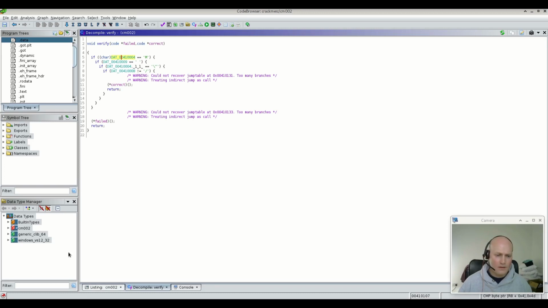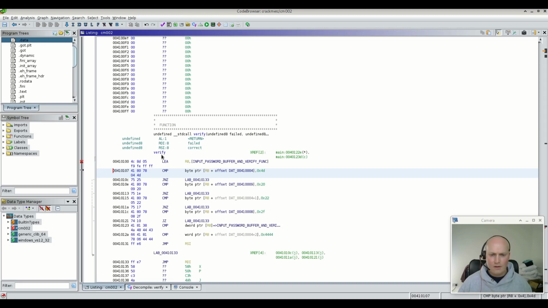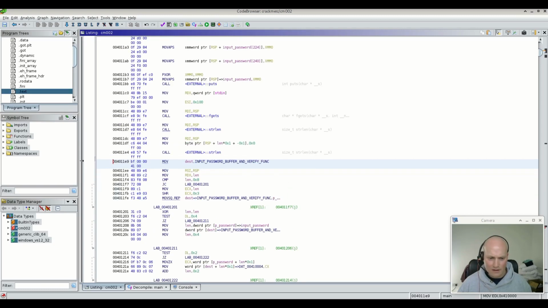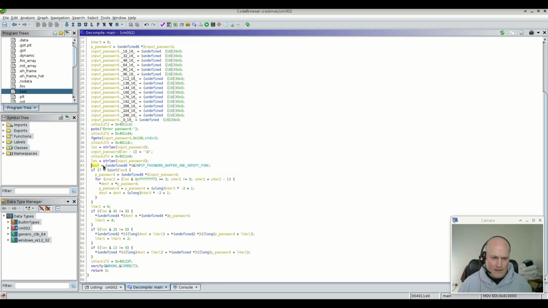If we look at the listing, the assembly code here, we can see that it's storing the address. Remember that the input password gets copied to here, which is also the memory that was decrypted, but it gets used for storing the password as well. So the password gets copied to the start of that. If we click on it, we can see the cross-reference. Remember, the destination for this memcpy that we decided was a memcpy is this start address that also gets decrypted at the start, but it's using it as a buffer for the password before the bit that has the verifier function in it, and it copies the password into there. So if we go back to here now